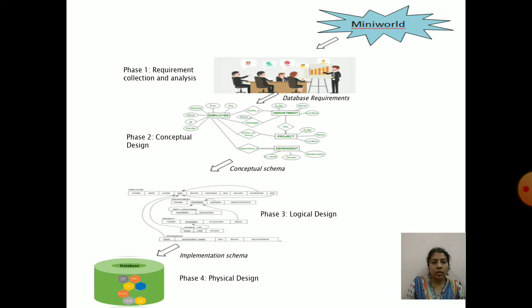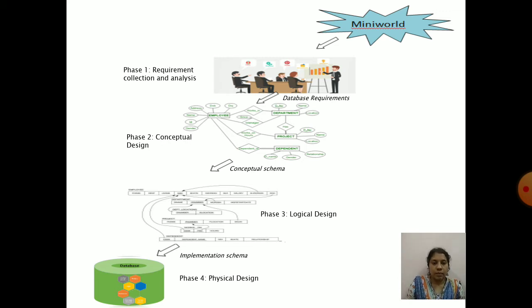And then this ER model, or the high level model, will be mapped to the logical level. Okay, so we need to get the logical schema now. Here we will see which implementation model is suitable, what constraints we can add, how these different entities or objects are related, how we are going to implement them, and what data types we are going to assign. These things will be decided, or modeled, in the logical design phase.